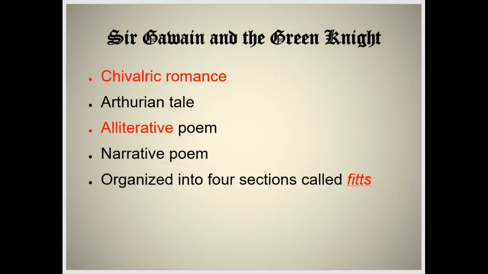Sir Gawain and the Green Knight is usually described as a chivalric romance. We're going to talk about what that means. It is also an Arthurian tale, that is, it is set at the court of King Arthur. It is an alliterative poem. In the 14th century, there was a revival of the kind of alliterative poetry that had been practiced in Anglo-Saxon England, and Sir Gawain and the Green Knight is one of the greatest instances of that kind of Middle